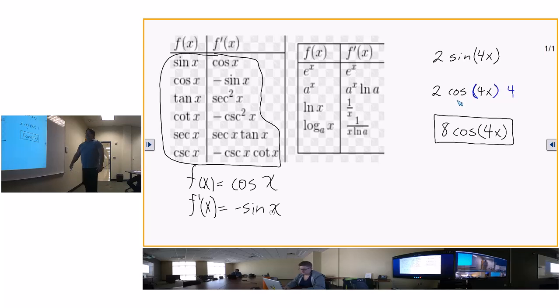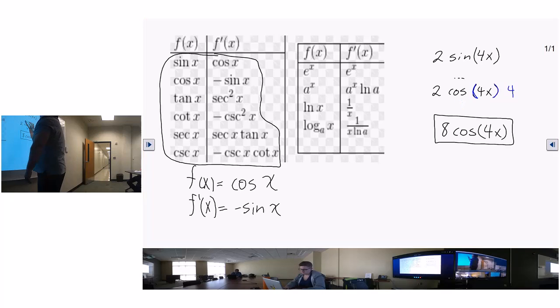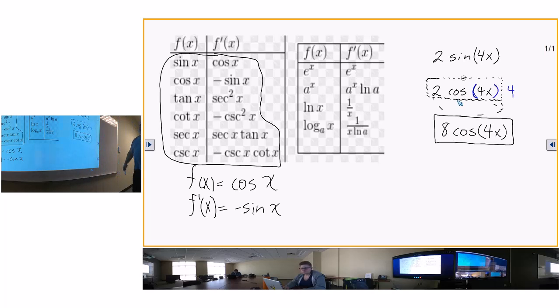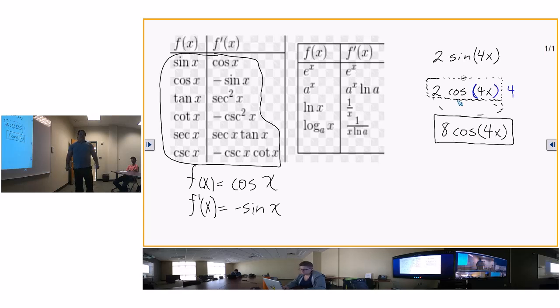What is the most common mistake? This is what students say is the answer. That's what people say the answer is, and that's not the answer. They forget to do the chain rule. And then, of course, if you did the cotangent,